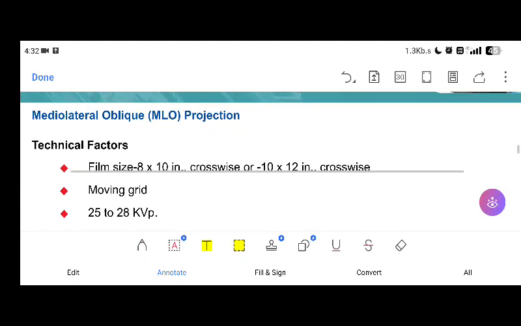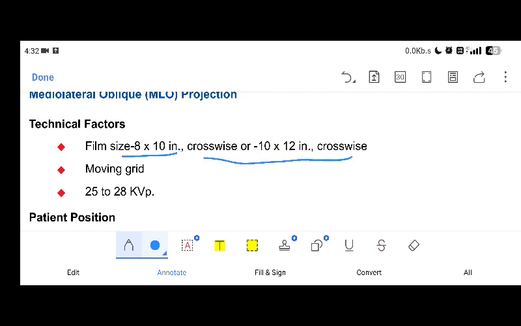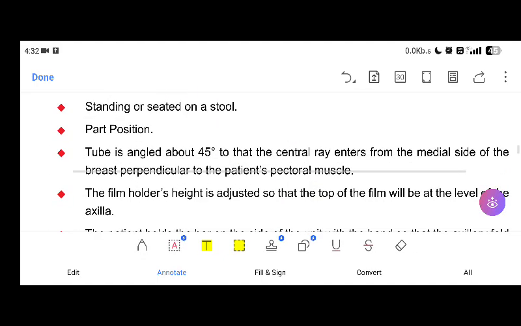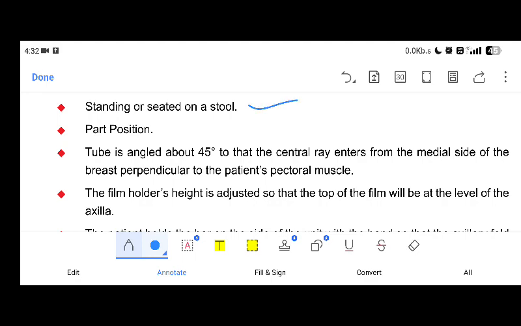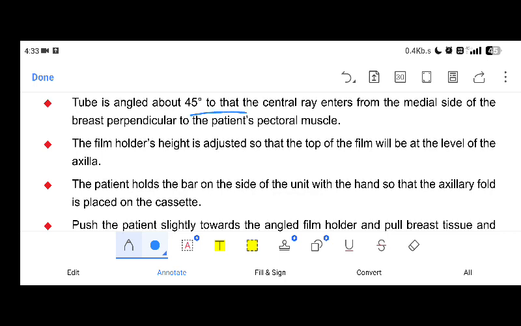And now the mediolateral oblique view. Technical factors are 8 by 10 inch film size, or crosswise 10 by 12 inches, a moving grid is used, and 25 to 28 kVp. Patient position is standing or sitting on a stool. For part position, the tube is angled about 45 degrees so that the central ray enters from the medial side of the breast, perpendicular to the patient's pectoral